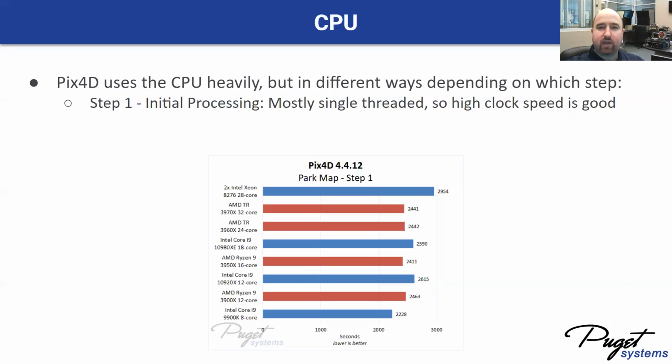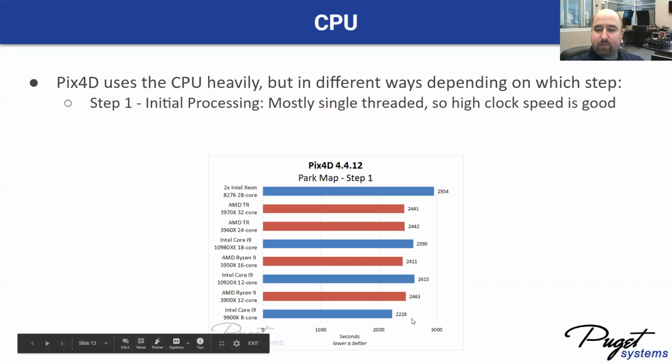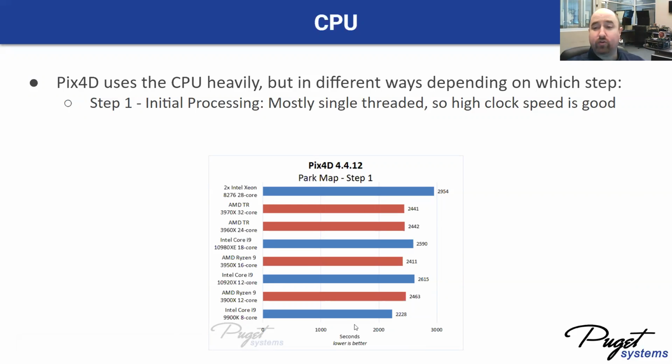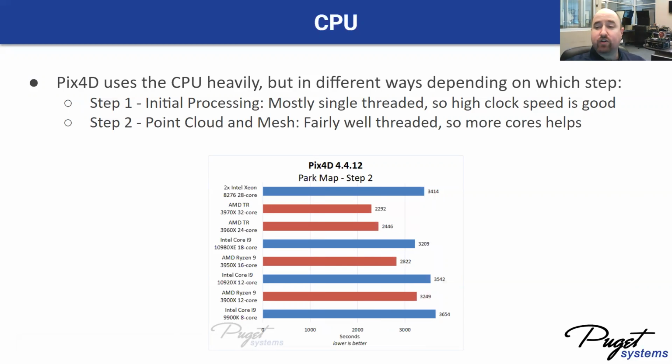So actually the cheapest CPU here, this Intel 9900K, is the fastest one in step 1, where all that matters really is single-threaded performance. The number of cores aren't helping. But you move on to step 2, that's actually fairly well threaded, and it changes. That suddenly is the slowest processor in step 2. And processors with more cores, like the AMD Threadrippers listed there toward the top in red, do tremendously better. And then step 3,